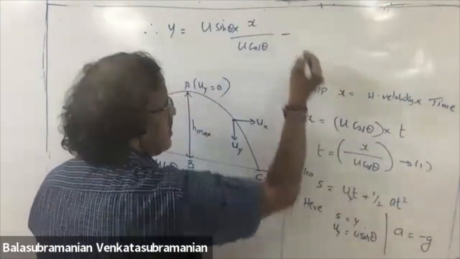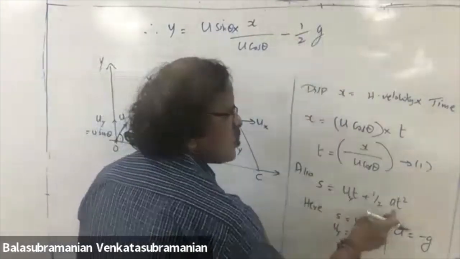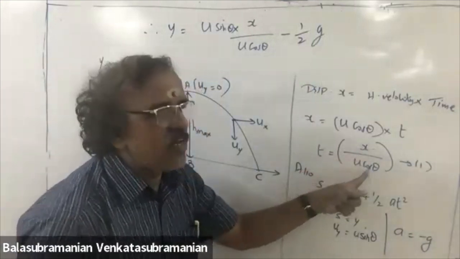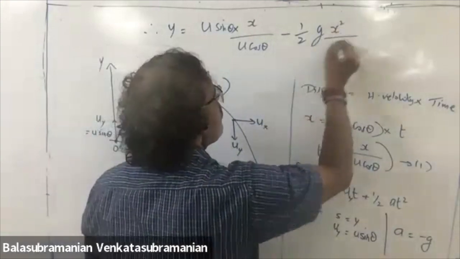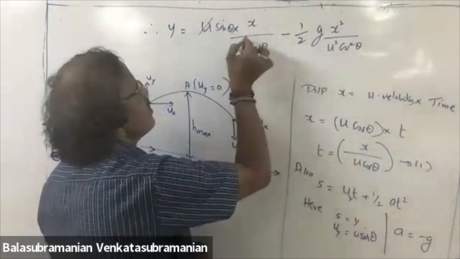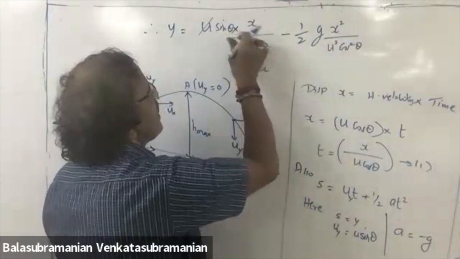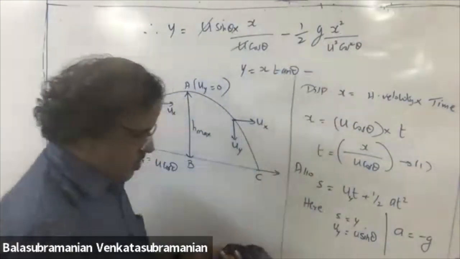So it becomes minus half g t square. What is t square? x square by u square cos square theta. U cancels. y is equal to x sin theta by cos theta, which is tan theta, minus,